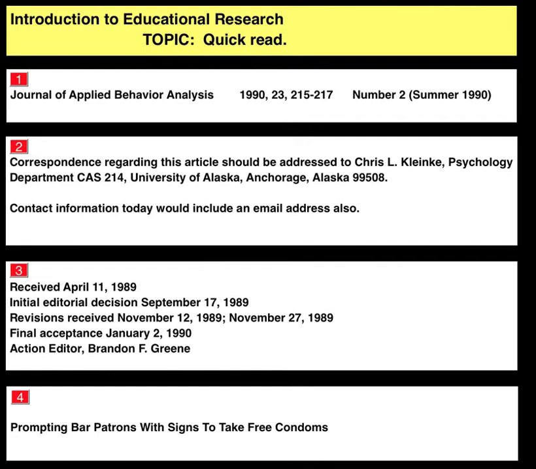So this article was received for publication on April 11th, 1989, and it would have been sent to several experts in the field to be read blind, and the experts would have to read the research and make recommendations to either publish with revisions, or to reject the article. And by the way, an article that is read blind,